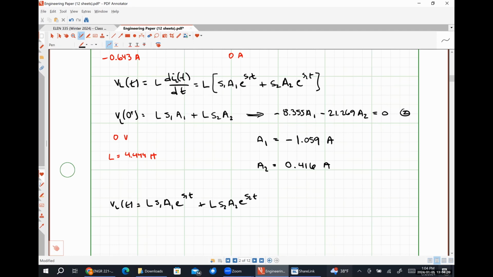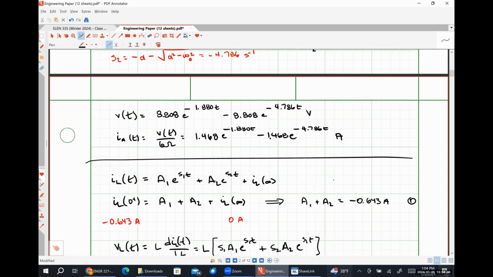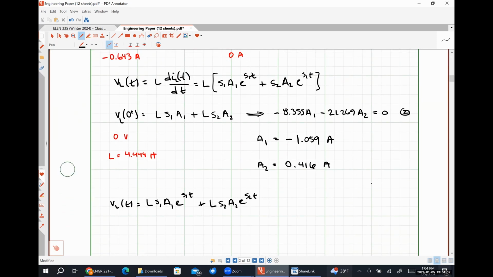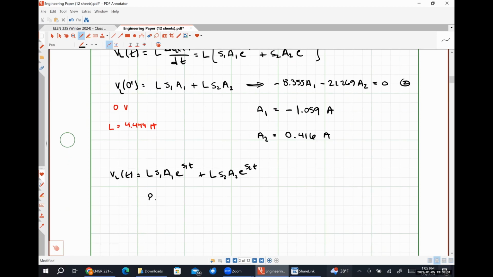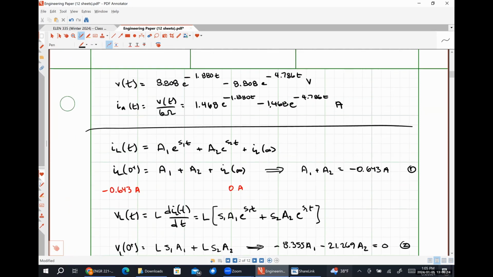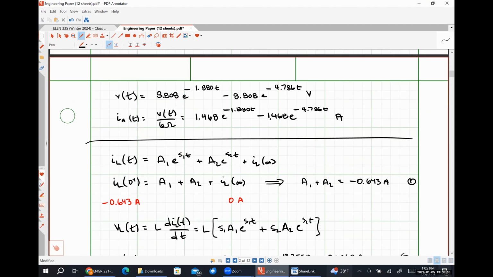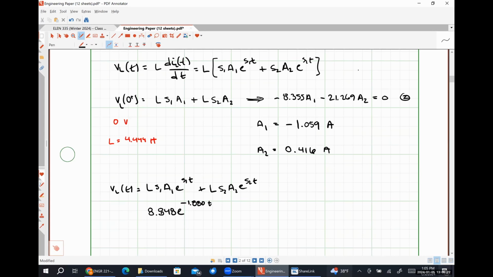So 4.444 henries times S1 of negative 1.880 per second times our new A1 of negative 1.059 gives me 8.848 e to the negative 1.880 t. 4.444 times S2, which was negative 4.786, times A2, which was positive 0.416, gives me negative 8.848 e to the negative 4.786 t volts, which should be